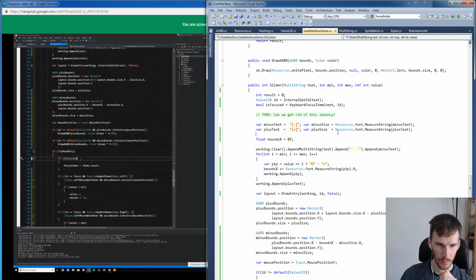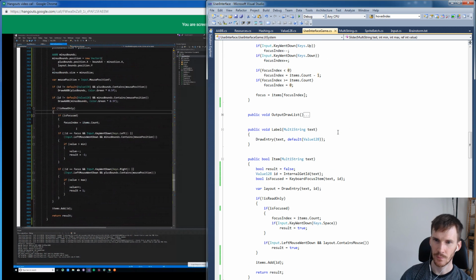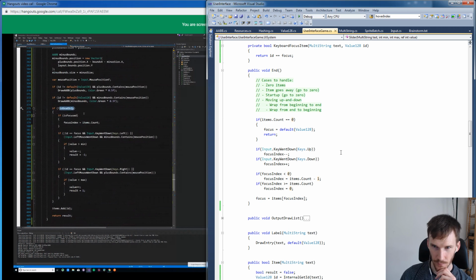Although I don't know if it's incidental or not, I suppose we should also be doing something with the is read only, because I think we only want... Well, it seems like we're only checking is focused if it's not read only. Well, okay, so I feel like